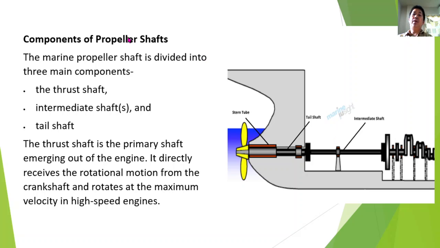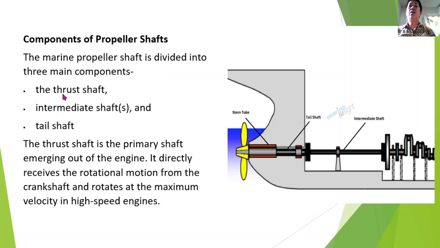Components of the propeller shaft. The marine propeller shaft is divided into three main components.